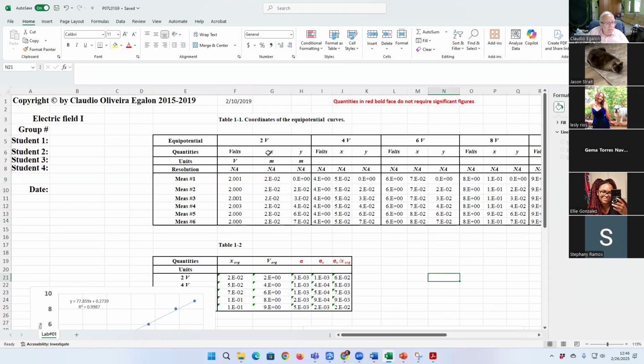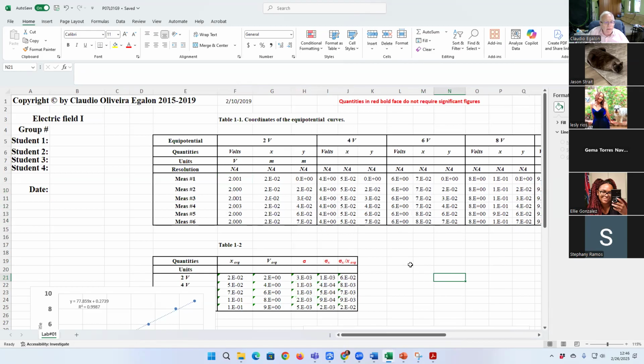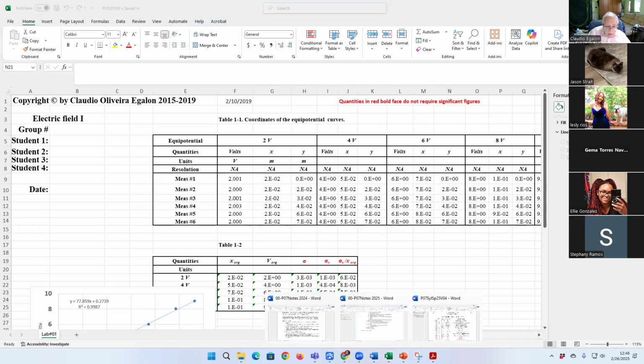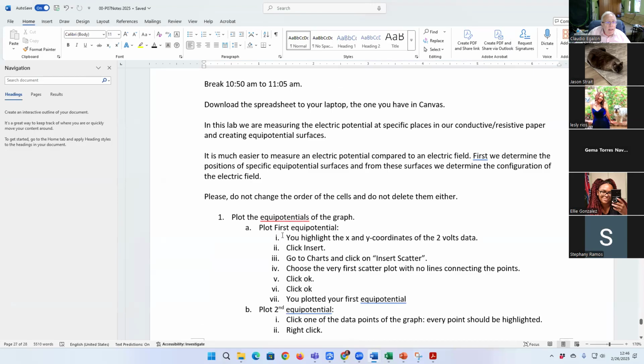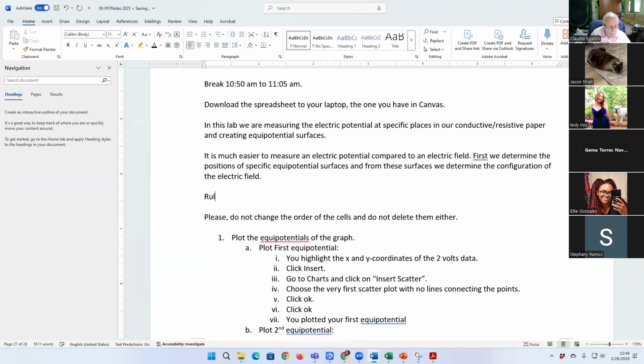Everybody got it? X and Y, you don't look at the table. X and Y is a very important piece of information, okay? One of the materials for this lab was a ruler, okay? So in order to display the X and Y with the proper number of significant figures, you're going to use the resolution of the ruler, okay? For sig figs